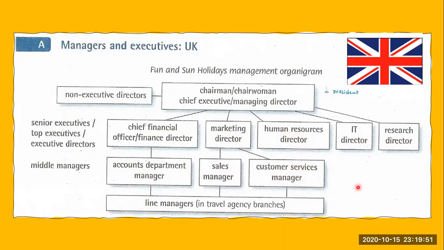So remember, it is extremely important to remember that all companies have their own organizations. So don't worry too much if you find something different, okay? Here, under the managers, we have the line managers. In this case, they are the travel agency branches, so other offices from this big company. Probably you realized that I didn't mention non-executive directors and this section here. Okay, don't worry.